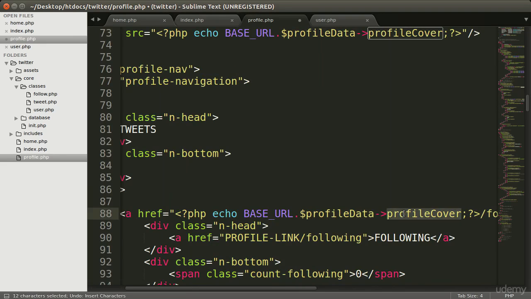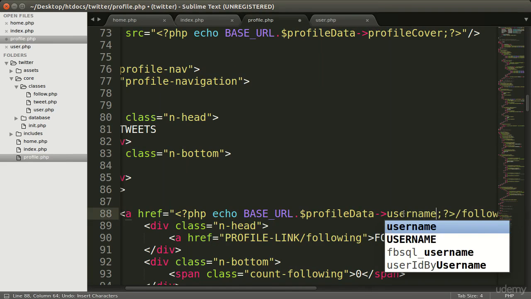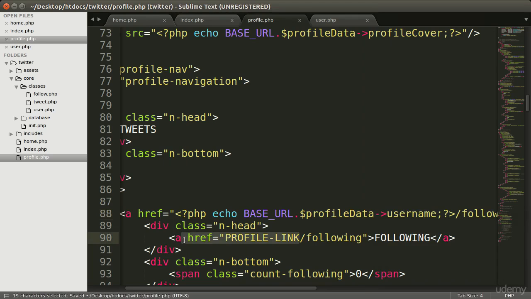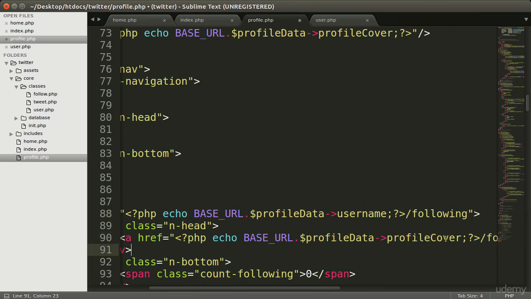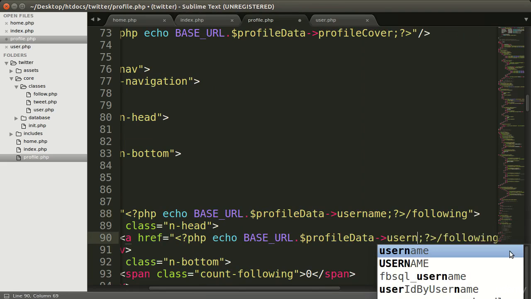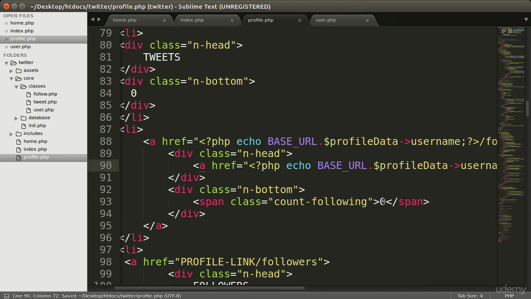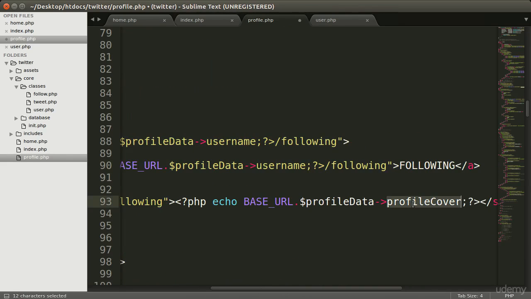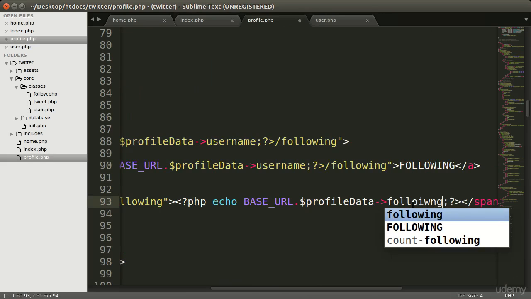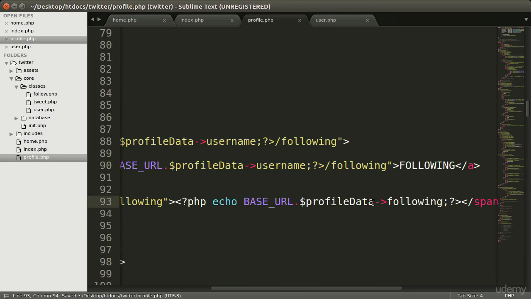Here will be username, also here. Username. Here will be the following count. So following. Remove the base